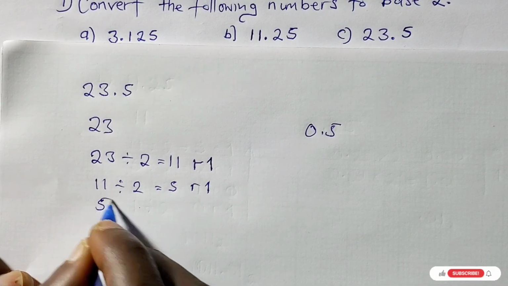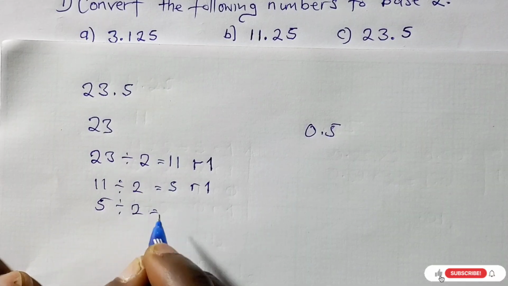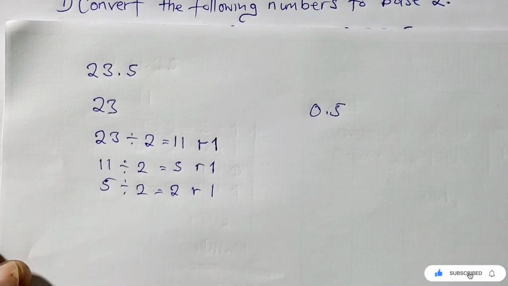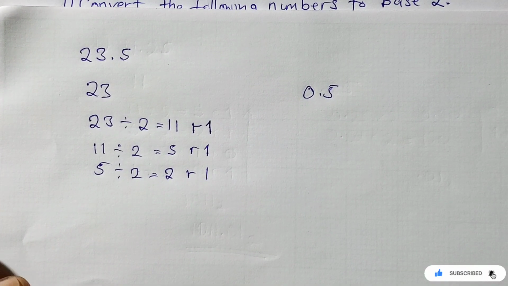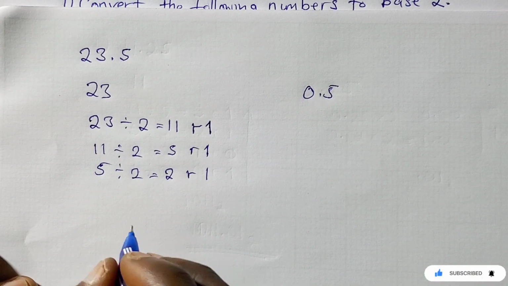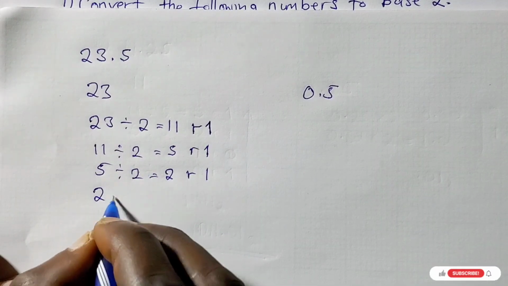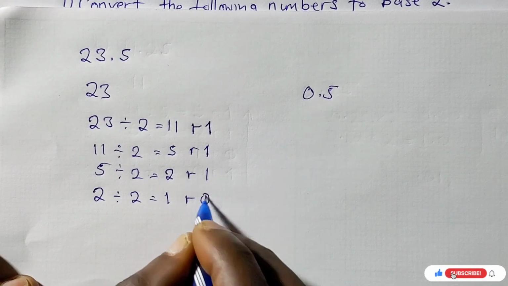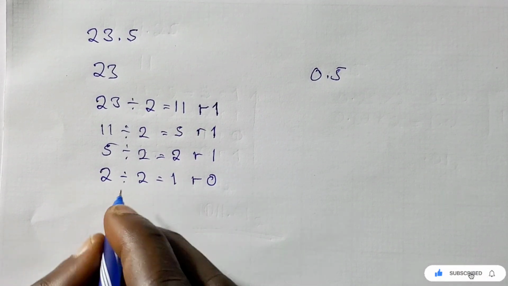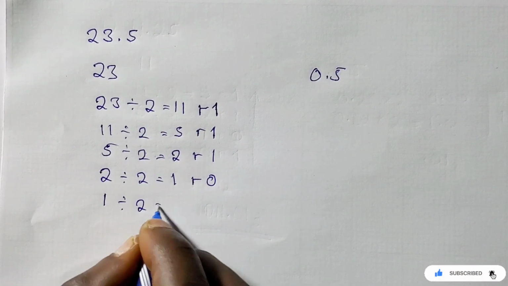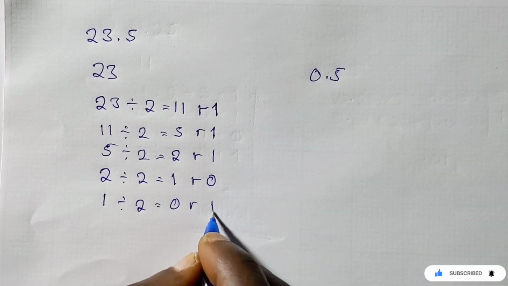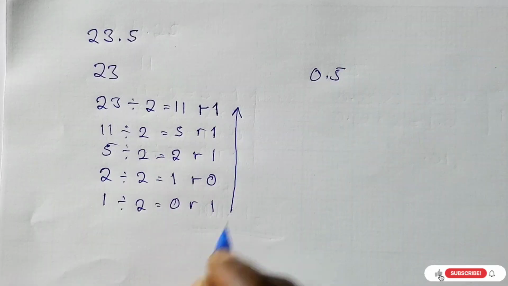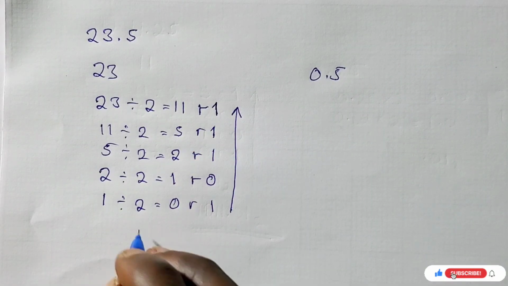Then 5 divided by 2 is 2 times remainder 1. Then we have 2 here. 2 divided by 2 is 1 remainder 0. All right, then we have 1. 1 divided by 2 is 0 remainder 1. All right, so we get from the bottom up, and it will be